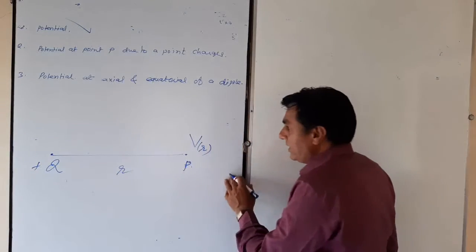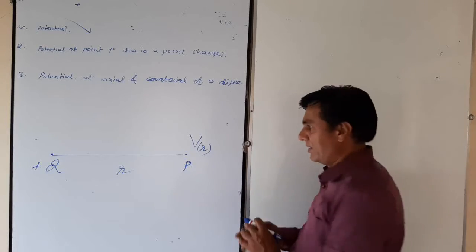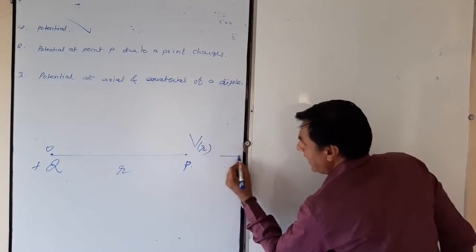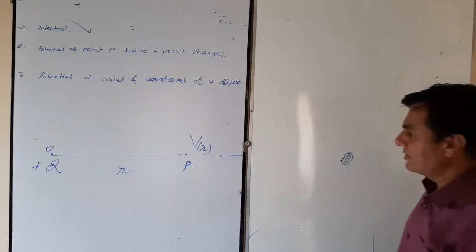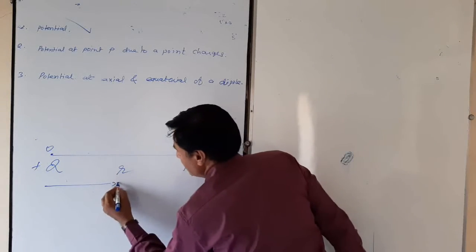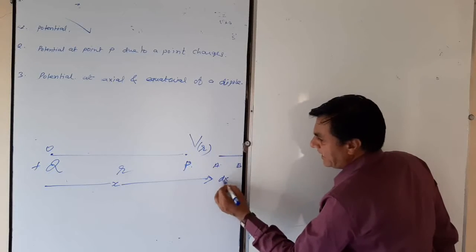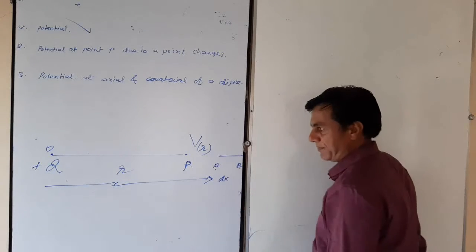So, in order to calculate work, we take a sample. Along OP, we take a line element AB, which is at x distance, and it can be taken as a small line element dx from B to A.